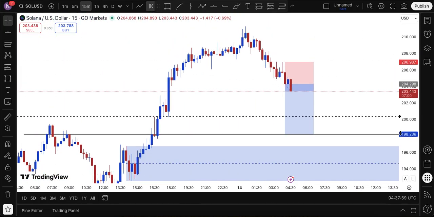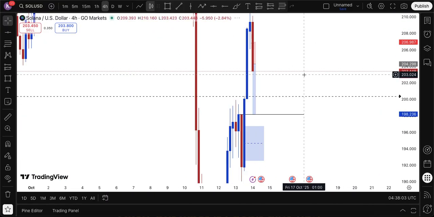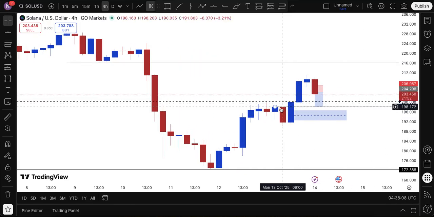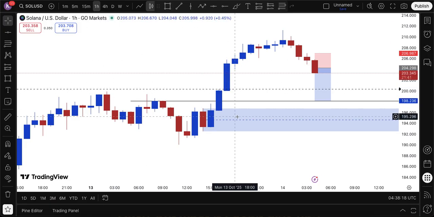So I'm waiting for it to sell to this side, and then hopefully, let's see if I still understand what I marked. Here we have, I think, the bullish engulfing that engulfed it, and then I refined it. I should have just marked the whole thing, but 1 hour. Yeah, I think that was what I marked, and then I refined it. Let me just do that again.